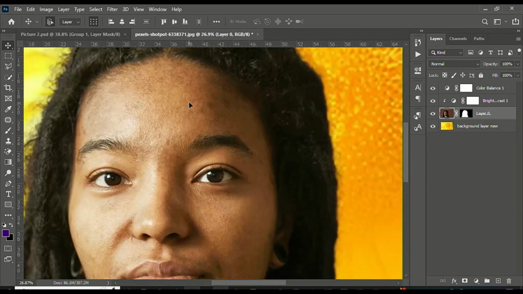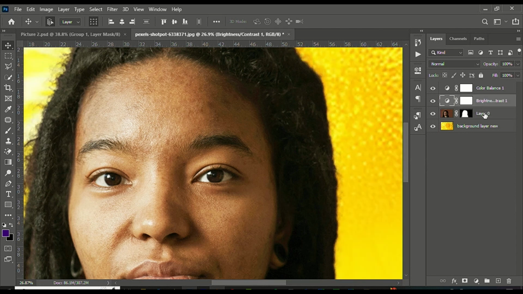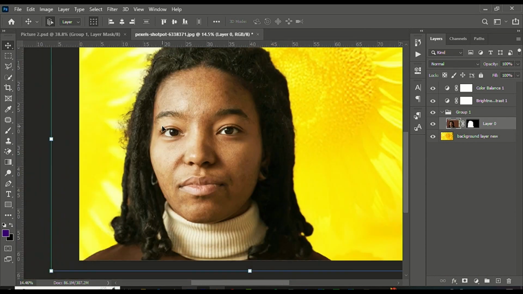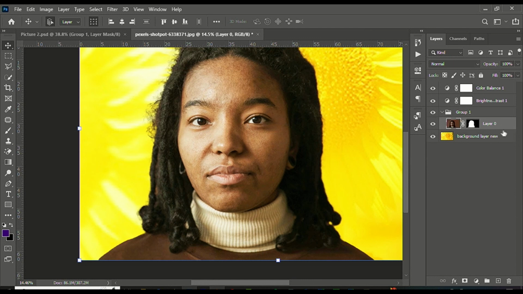You see, after we removed the blemishes, we didn't smoothen the face, we didn't do anything. So now let's smoothen the face. You hold the Alt key and clip in between the brightness, the adjustment layers that you place here, and now you select the layer and you hold Ctrl+G, or you just drag it to the folder and it will just put this image into the folder for you. And then you duplicate it by dragging it to the plus button here,